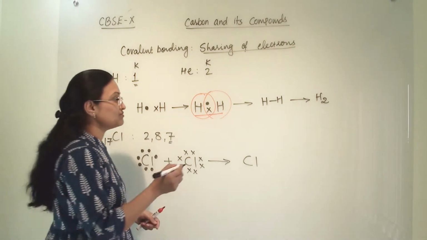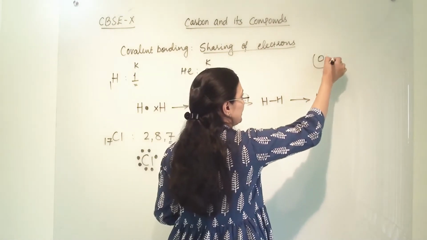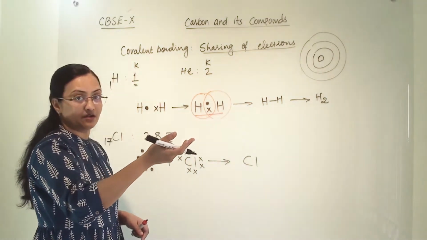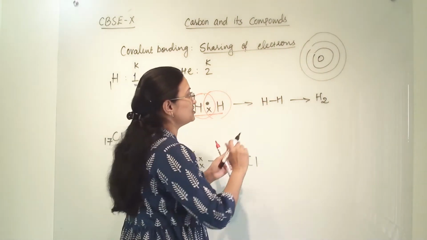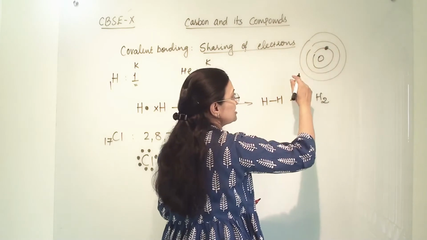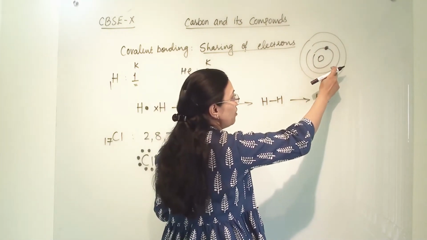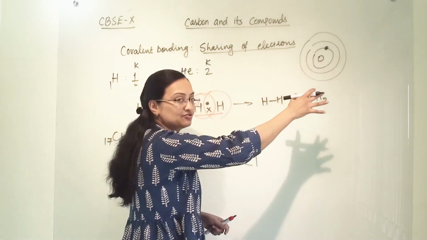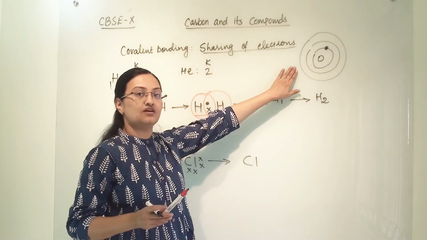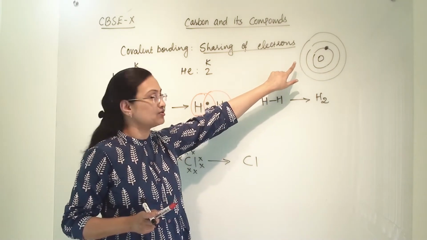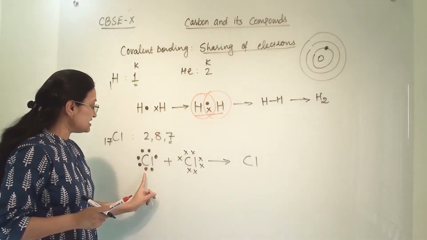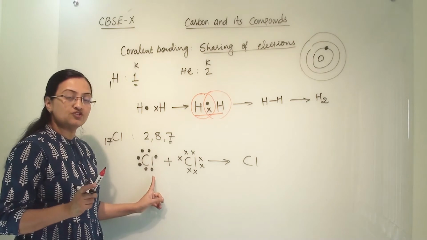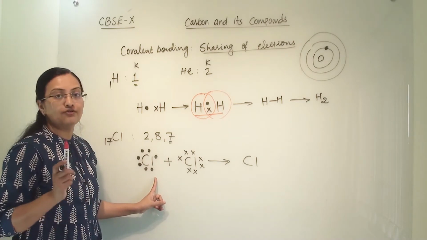The other diagrams are known as orbital structure diagrams, in which we show all the electrons present in the atom. If it is hydrogen, we show this 1 electron. If it is chlorine, we show all 3 orbits and all the electrons, 2, 8 and 7. These diagrams are known as orbital structure diagrams because we are showing orbitals. In the other diagrams we are putting dots as electrons, so that is why it is known as the dot structure of an atom.